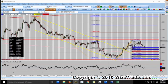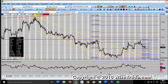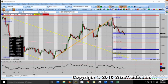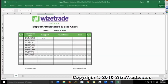You obviously know where resistance is right now. It is the 110.60, maybe even the 110.70 level. But support should be 109.40. Spike low right over here is 109.39. So yeah, I'm going to say 109.40 is going to be support, 1.0940,